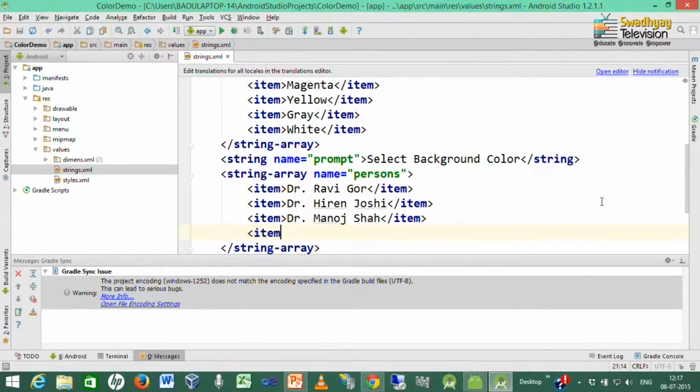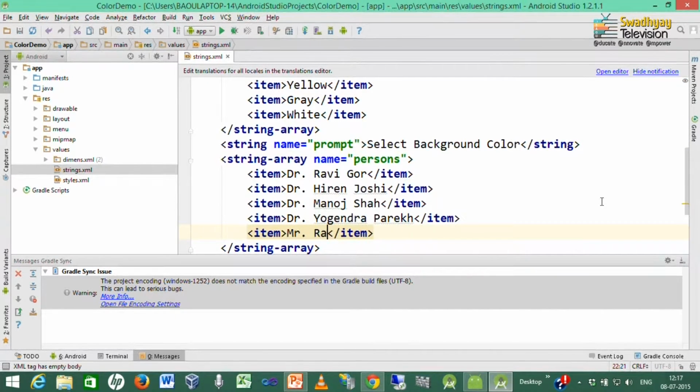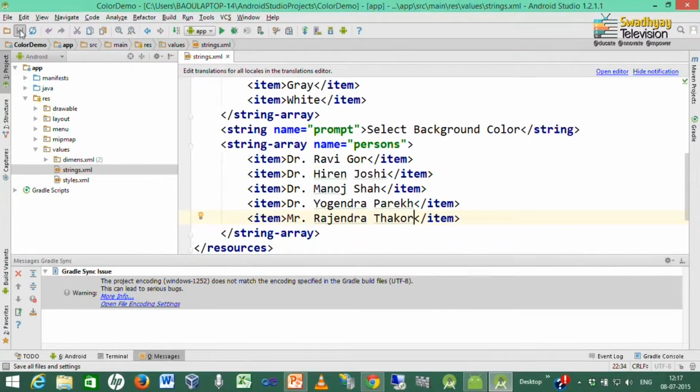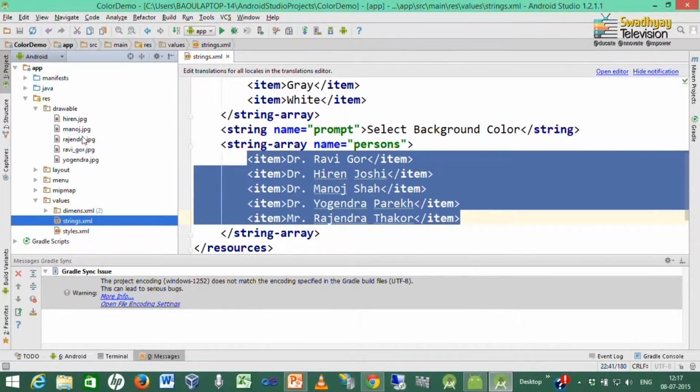Whatever names you want to display in the spinner should be written down here. So, here I write down certain names, and these persons' images are available inside this drawable folder with the same names.